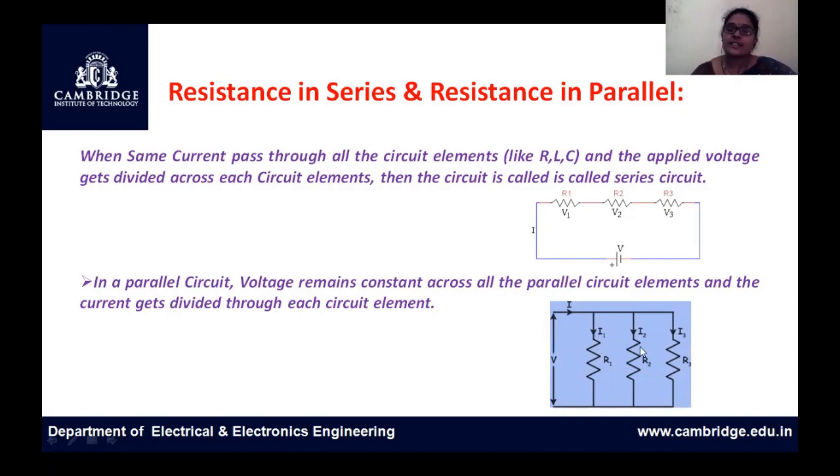You can see here the different current flows through the 3 resistors. The amount of current flowing through the resistors depends on the value of the resistance. Usually, the current is inversely proportional to the value of resistance. If the resistance is more, the current flowing through the resistor will be less. If the resistance value is less, the current flowing through the resistor will be more. So based on the values of the resistors, the current passes through them. Whereas the voltage across all these resistors which are connected in parallel will be the same. So this is how we can explain the parallel circuit.